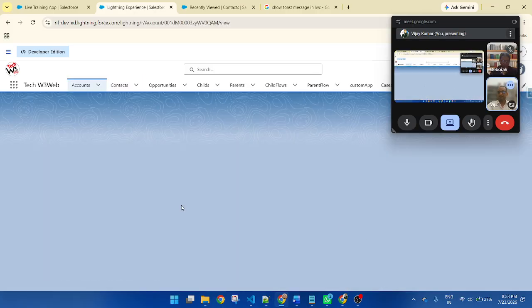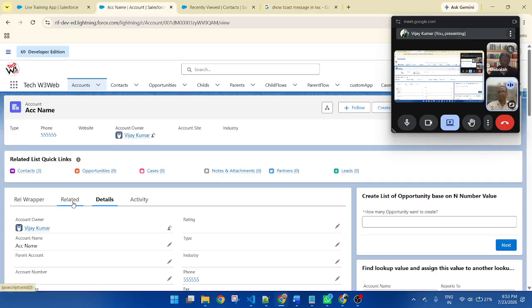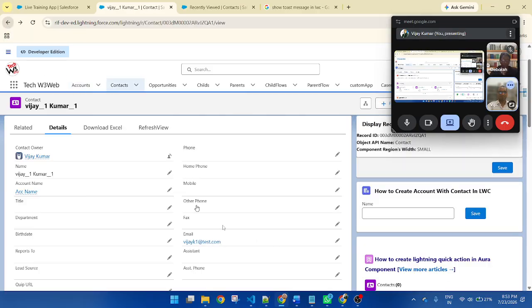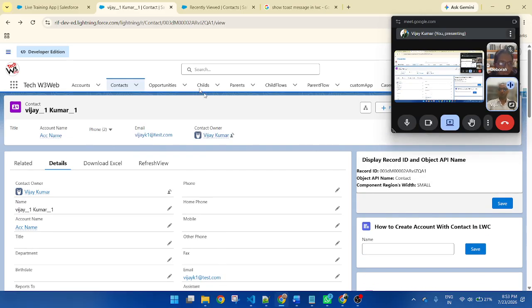Here, if you check the account's related list, there are three records created in this account. There are three contact records and one account created. All of the newly created contacts are associated to the account automatically.